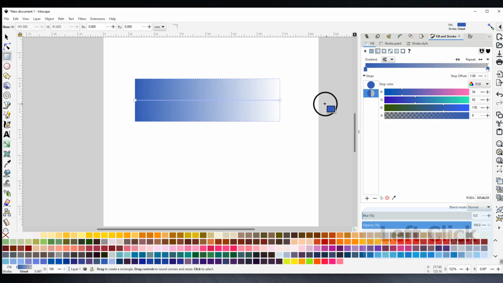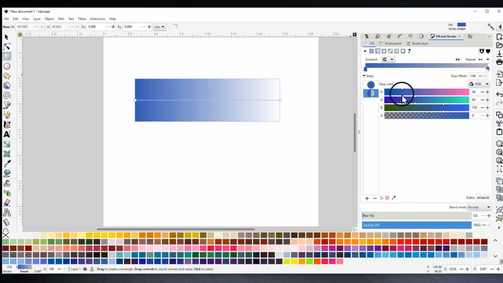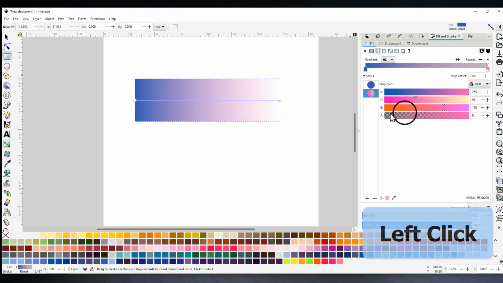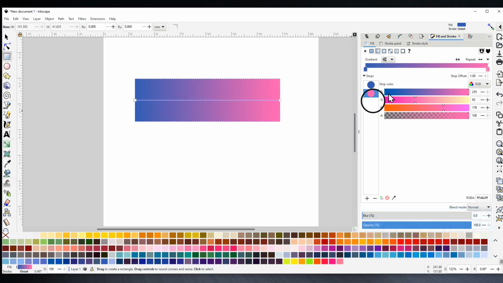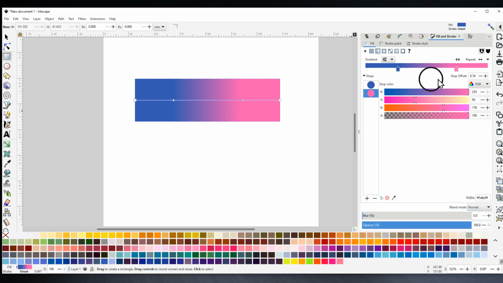Now I can set my gradient colors. As you can see, here are the stops, and I can select each individual stop, and I can change the color on the stop. So now I have a solid color there. Now what I can do is I can drag these color stops. I can drag them over. If I want to have them in a specific place, we can set here the stop offset,